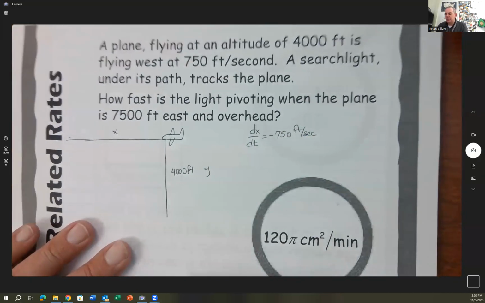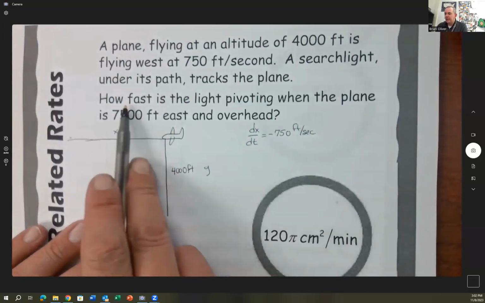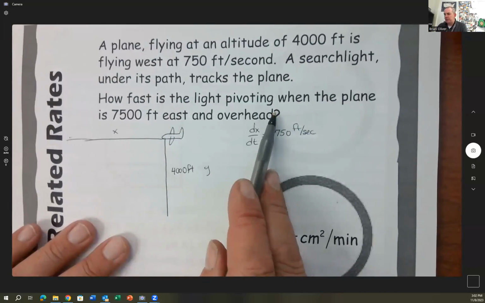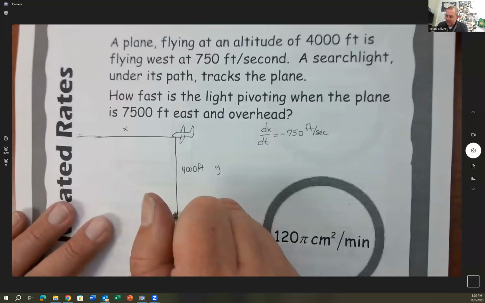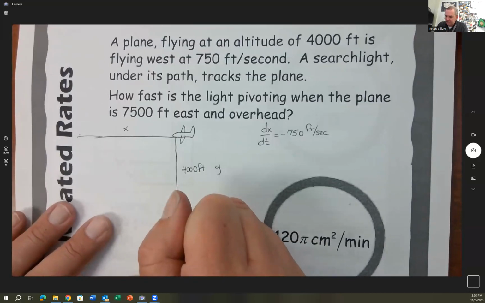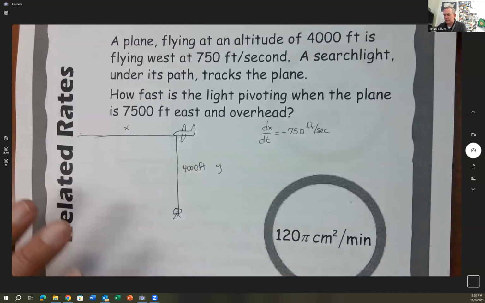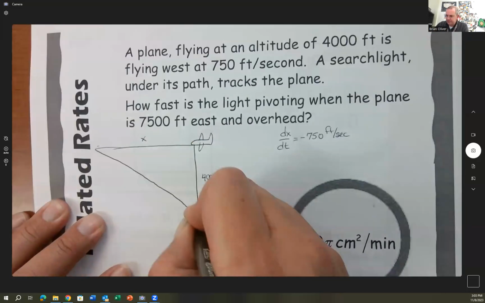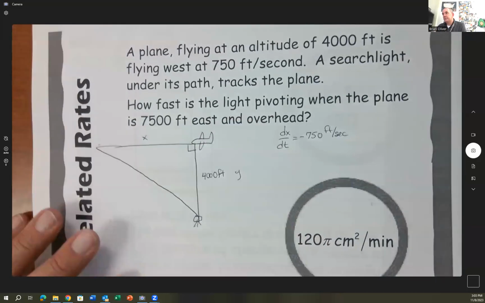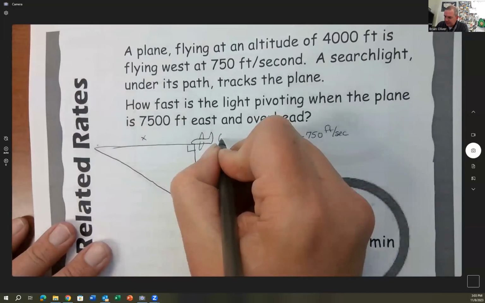A searchlight is under his path and it tracks the plane. So what it's telling me is that we're on a searchlight down here. How fast is the light pivoting when the plane is 7,500 feet east and overhead? So that's telling me that the searchlight is going to be right here. Again, my super art. There's a searchlight, let's say right here. You got a right triangle. What it's telling me is that this airplane right here is at the spot